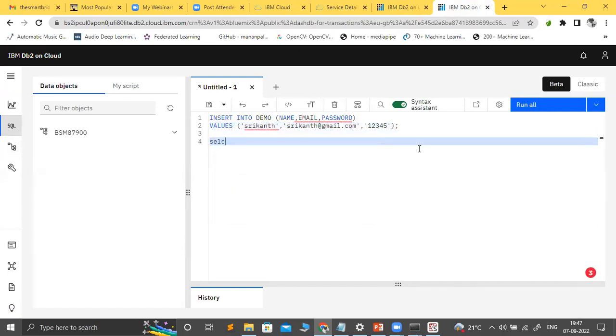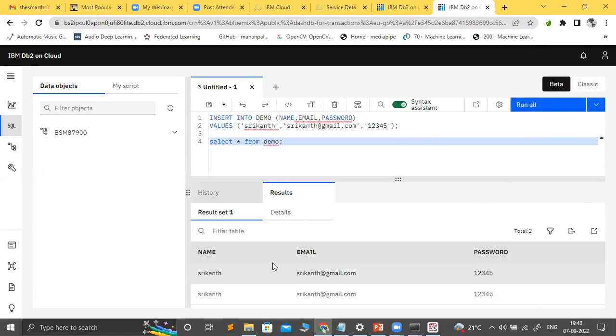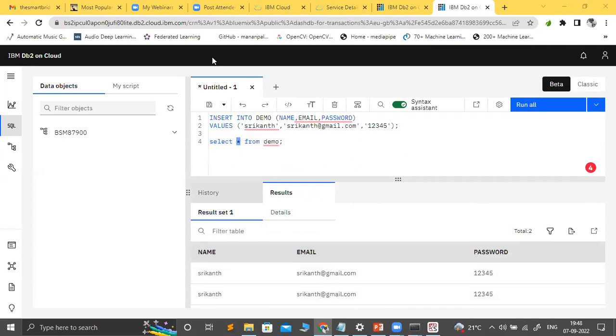So if I want to retrieve the data, select star from demo. If I run this, now am I able to retrieve the information, right? Yes or no? When I run the SQL query here, am I able to get the information or not? Yes or no? So in this way,